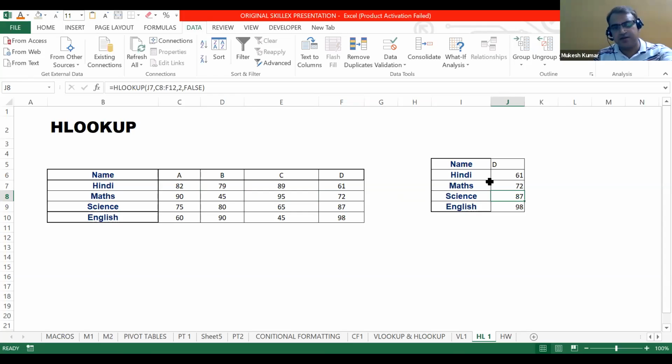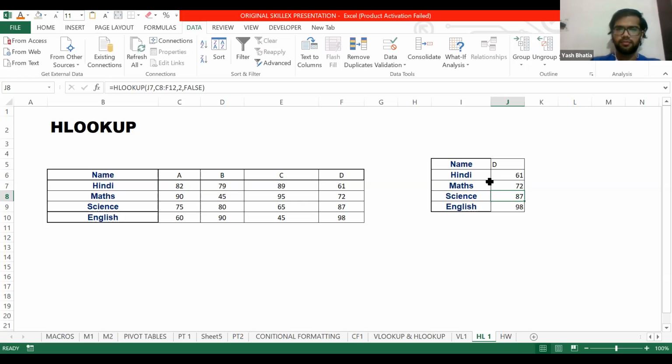So why haven't you changed it again, the 2 to 4, and it is picking the number? Why is it like that? Sorry, I didn't get you. You can speak in Hindi, no problem. Okay, so when we were using VLOOKUP, we changed the column reference number; we had to do 2, 3, 4, right? Yep.